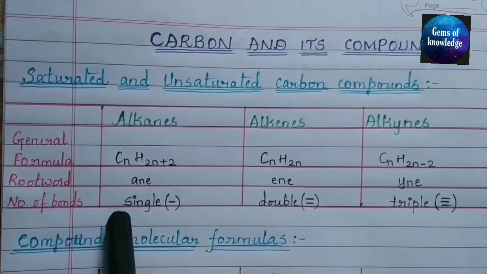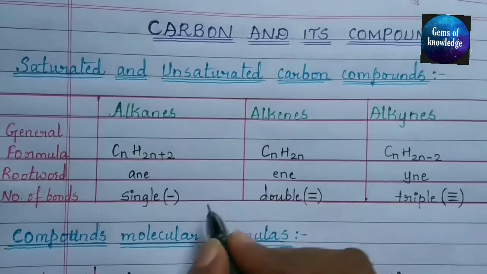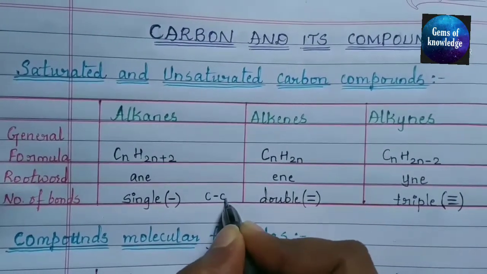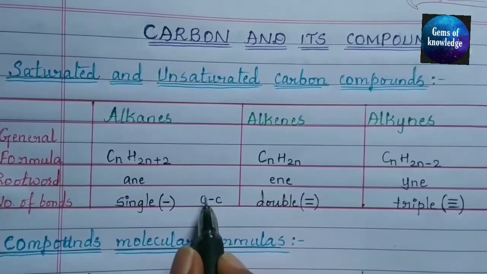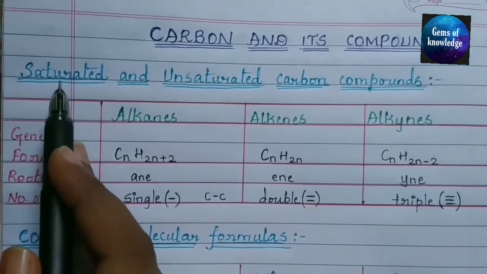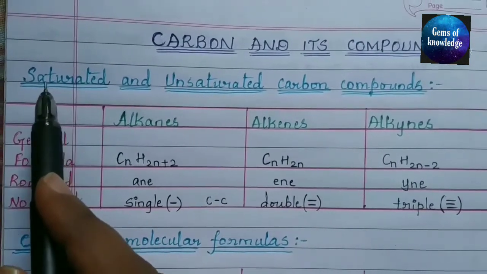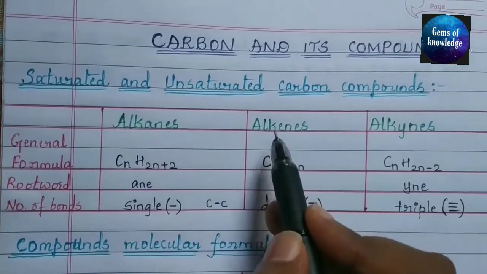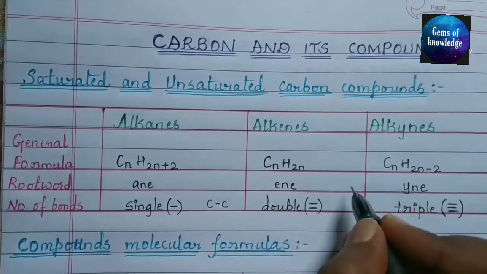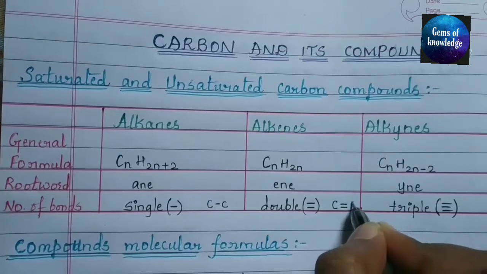The bond between carbon and carbon atoms will always be single here. So this is called a saturated carbon compound. Alkane is a saturated carbon compound,